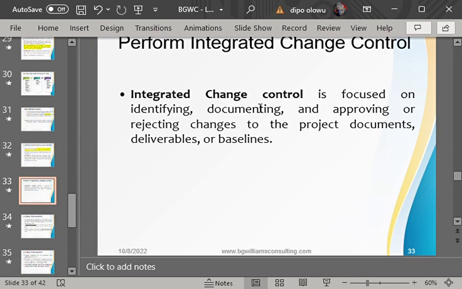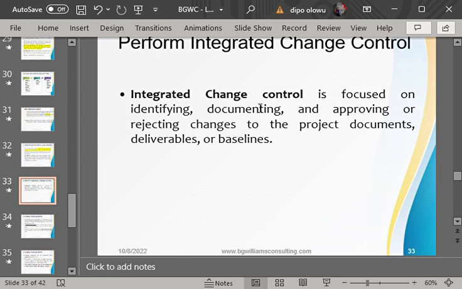So it is technically wrong for a change to occur in your project without informing you, the project manager. And it is also technically wrong for you as a project manager not to involve your team or your sponsor or follow through the CCB. The CCB again simply means the Change Control Board.